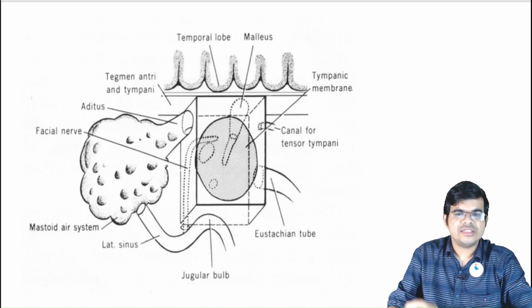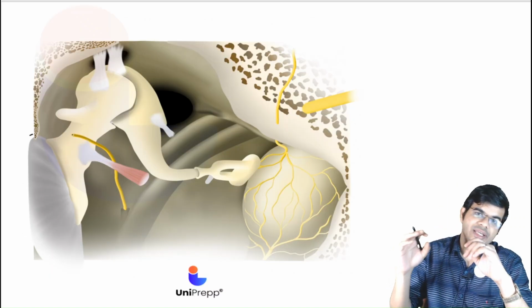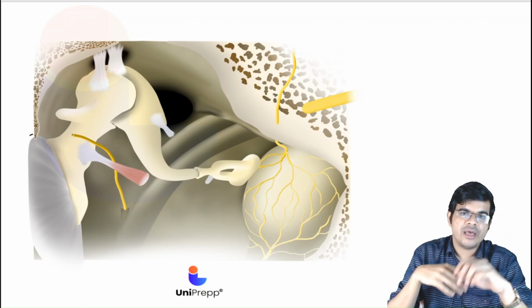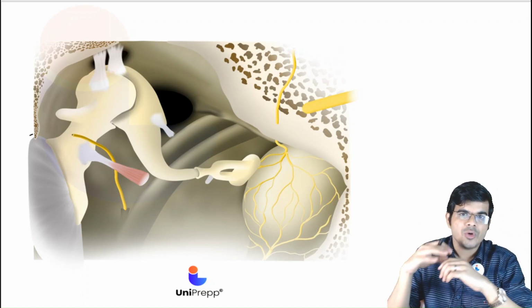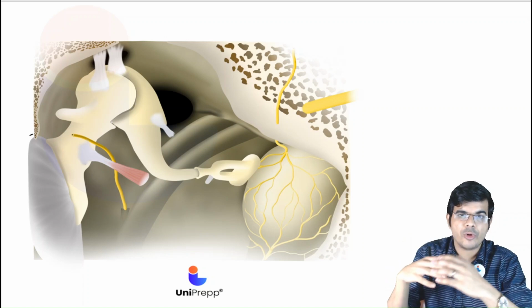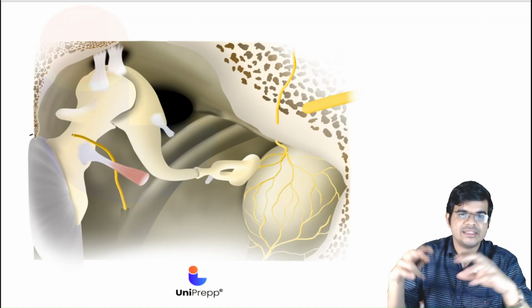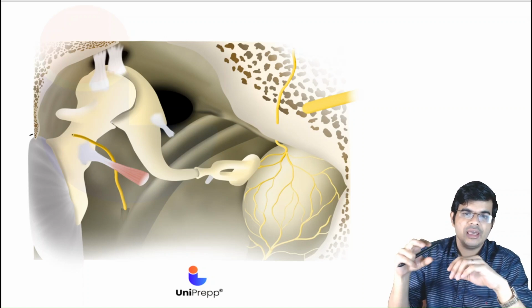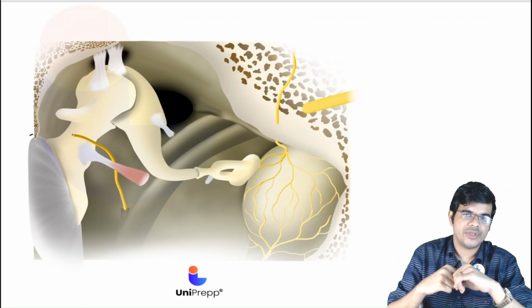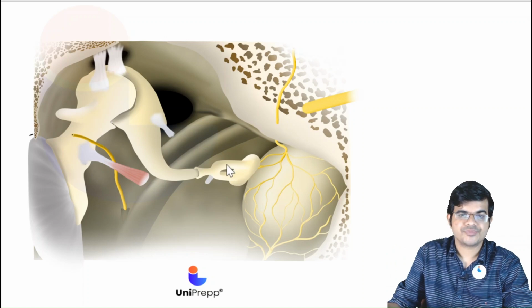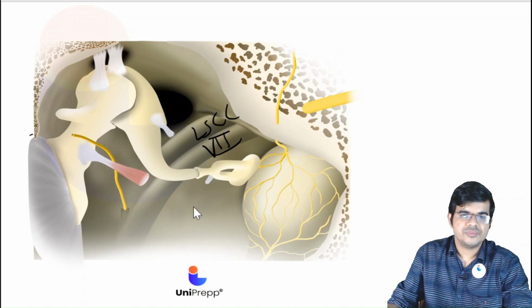Now this is the real life picture that you can see. The imagination of the six-sided box can serve only the purpose of learning. Okay, in reality this is how you see it when you look at the middle ear cavity. As you can see here, there is the lateral semicircular canal and the seventh nerve. They are seen on the medial wall and the posterior wall, and here you have the tympanic membrane, and this is the